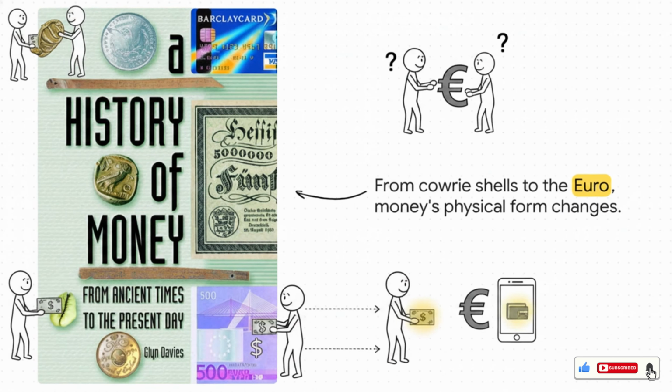As we tie this entire narrative together, just consider the incredible physical progression of wealth. I mean, we've moved from simple ancient cowrie shells to super heavy gold coins to paper notes, and now to modern plastic cards and digital wallets. The physical form of money is constantly mutating to fit the speed and scale of human commerce. Yet, its fundamental underlying purpose, acting as a reliable medium of exchange, remains completely identical across thousands of years.